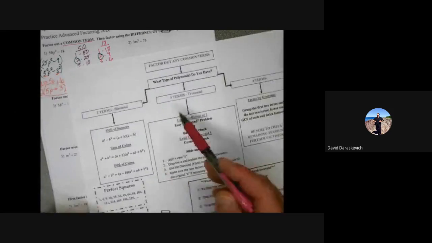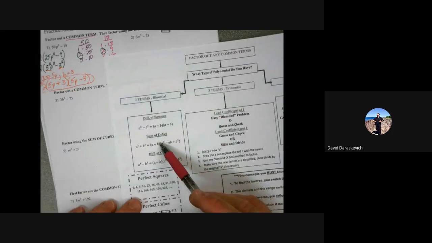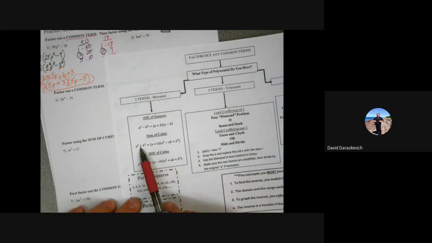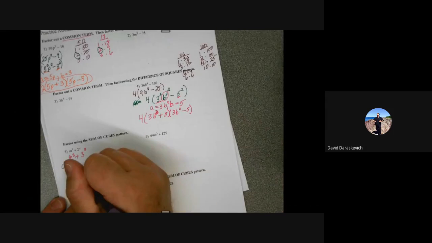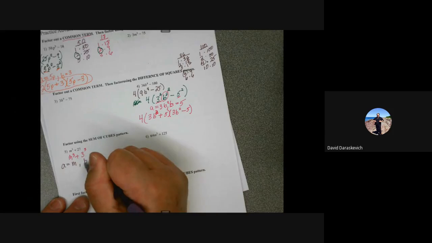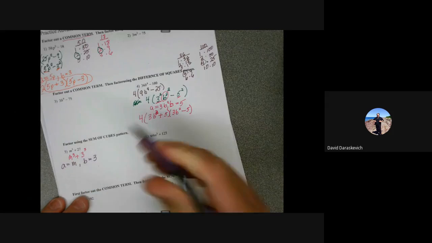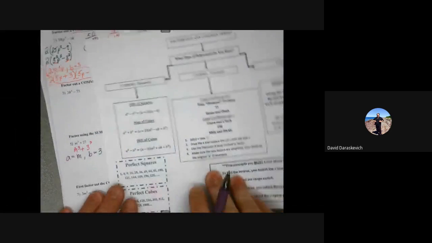Sum of cubes, it even tells you what it is. So if you go to 2 terms, right, it's binomial, sum of cubes is right here. And I know 27 was cubed because I looked, it's got perfect cubes right here. It's 3 cubed. So my A is M, B is the base 3 being cubed, and the formula, sum of cubes, A plus B